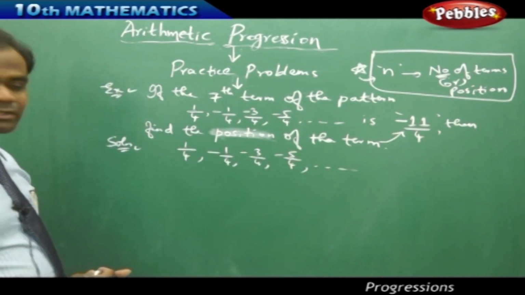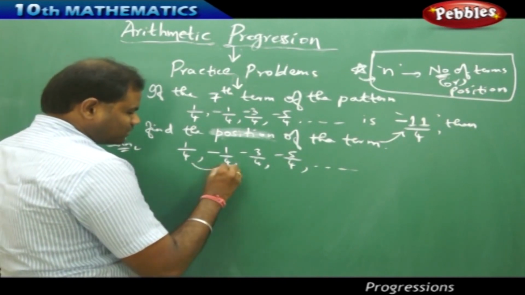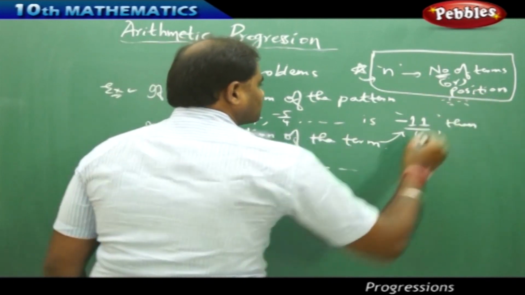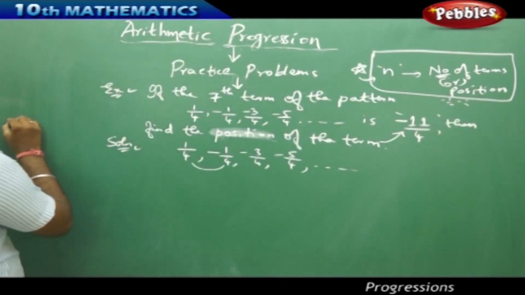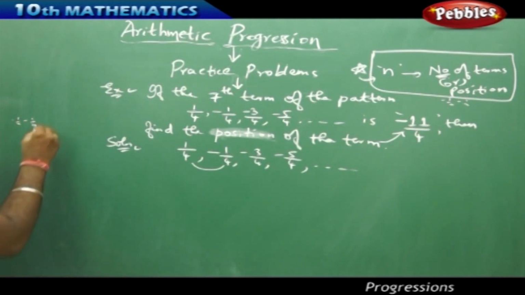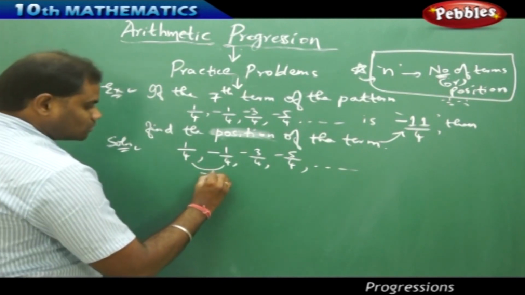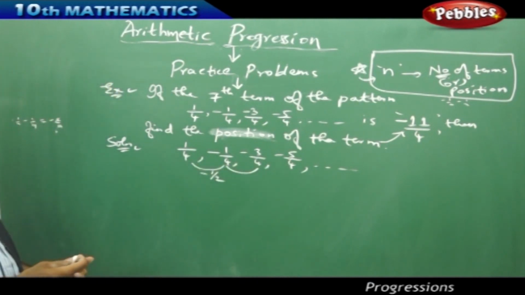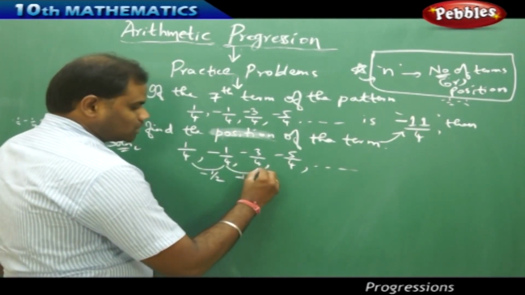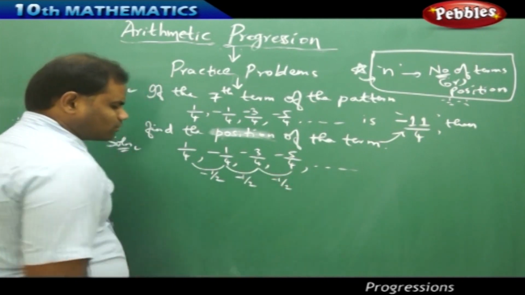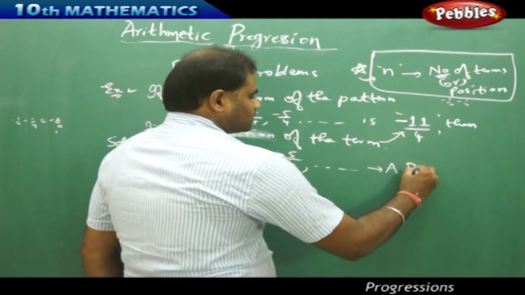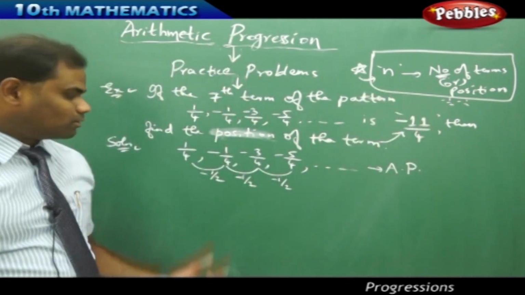let's identify the sequence by its common difference. Now, as I see, the common difference of these two is minus 1 by 4 minus 1 by 4, which gives me minus 2 by 4, which is minus 1 by 2. So the common difference here is minus 1 by 2. Now, when I take the common difference of these two, I also get minus 1 over 2. Therefore, since the common difference is the same, this is an arithmetic progression, strictly because the common